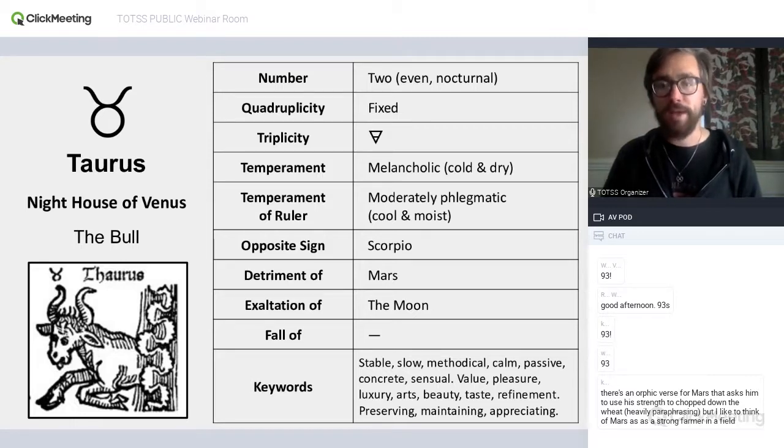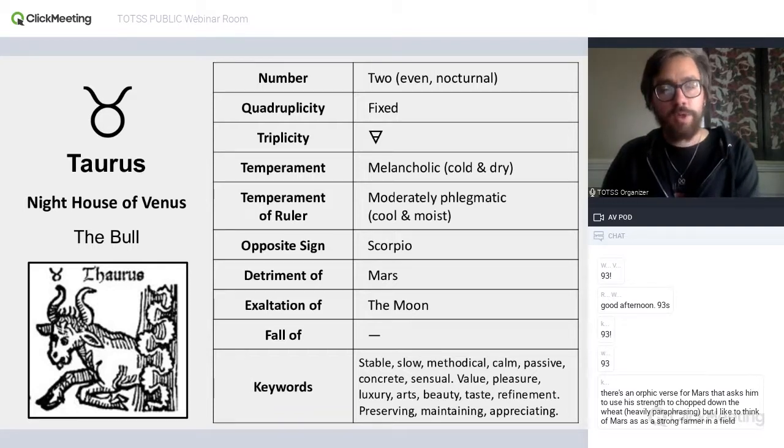The moon really enjoys having access to those Venusian things, right? And then no planets are in their fall in Taurus because no planets are exalted in Scorpio, right? You're always defining what planet is fallen in a sign by what planet is exalted in the opposite sign, as we talked about in our last class.